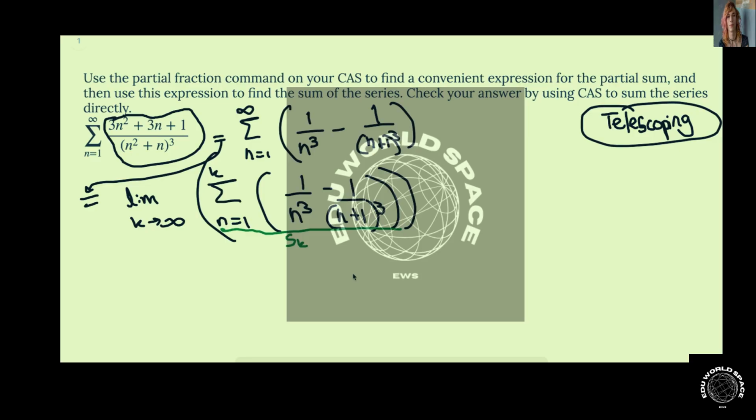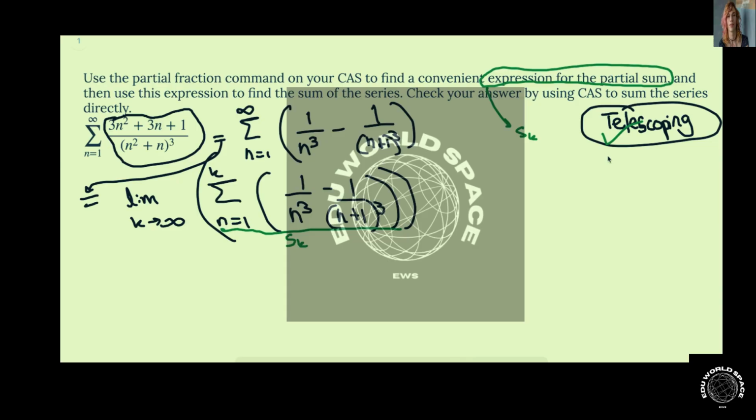So using the computer algebra system, we were able to find a convenient expression for the partial sum. So that's s_k, and this is a decent looking expression, and the reason this is convenient is because we can